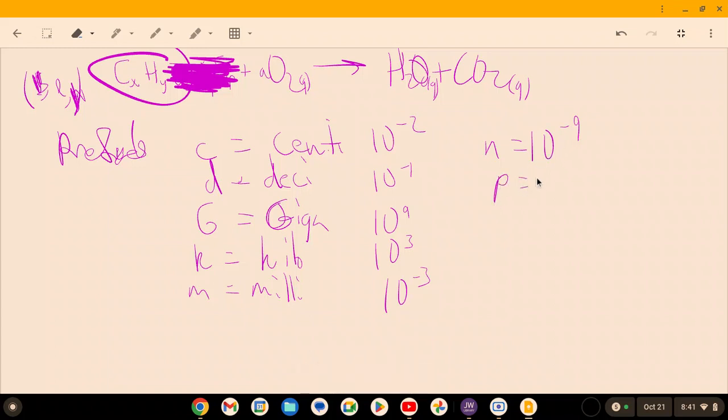P, pico. 10 to the negative 12. And then cap T, tera. And that one is,